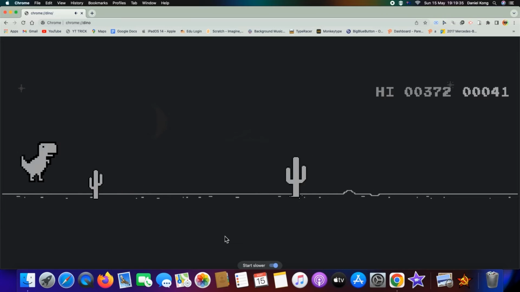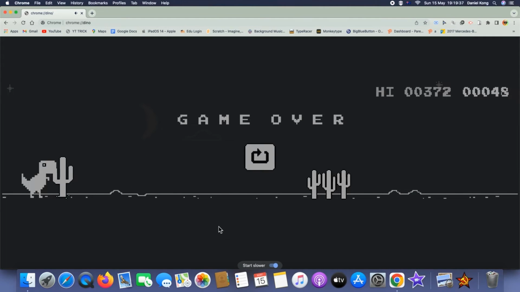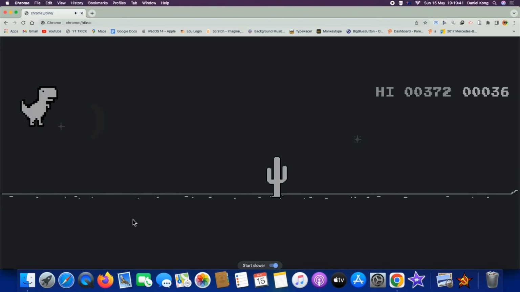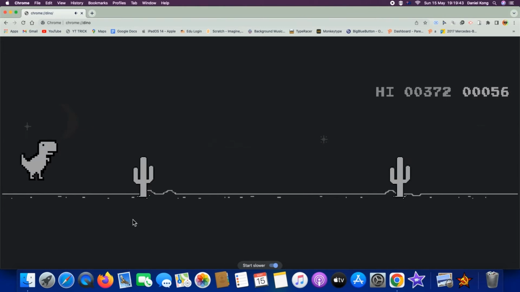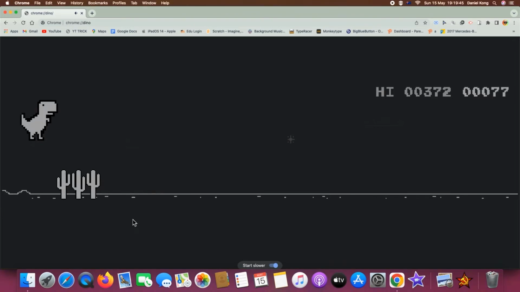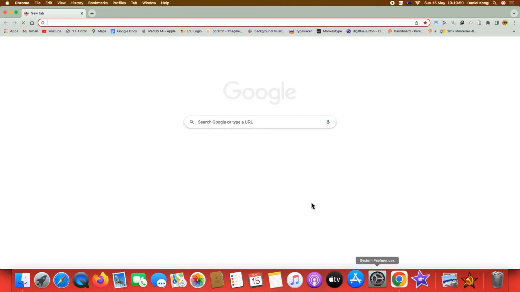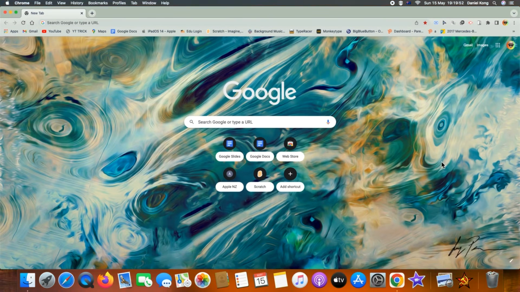So don't know why it's okay. Well, I don't know why sometimes the jump doesn't work, and yeah, it does work now. So yeah, you basically click space to jump over that, but yeah, that's that. So yeah, that's how you can use Google Chrome on a desktop, and that's the main things for starters that